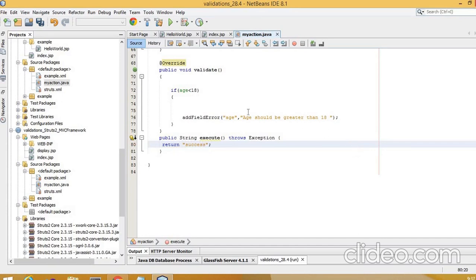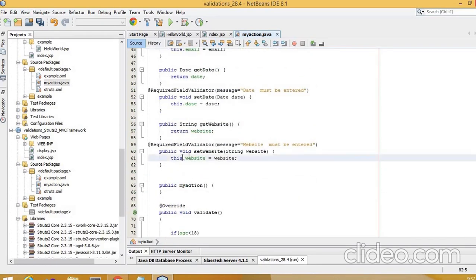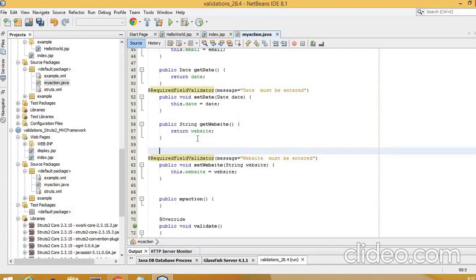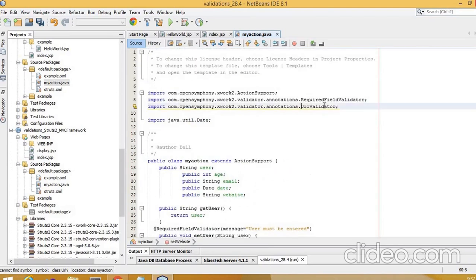Similarly, what are other things which we have not added that we have to see? Here we are not throwing any exception. I'll just remove this. Okay, after this we will just add some more things, right? We can give to website that URL validator has to be there, right? So you should not be able to enter anything and it will accept. It should not be happening like that. So I'll just add URL. See, we have imported here URL validator, right? So I'll just add this URL validator.